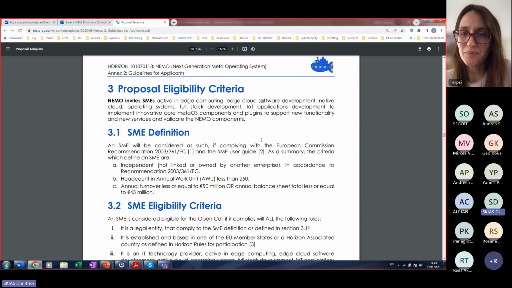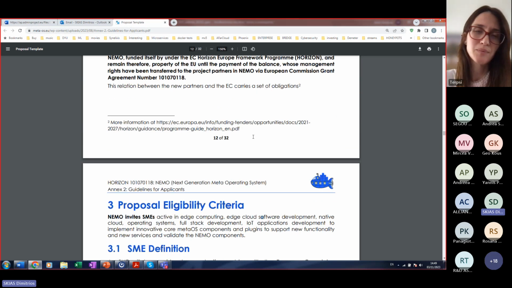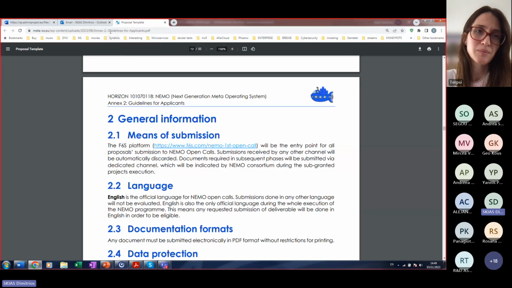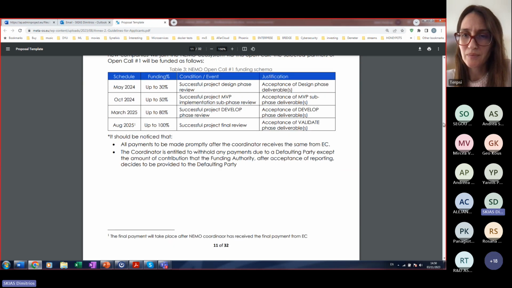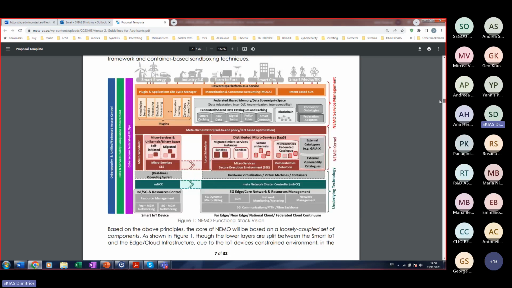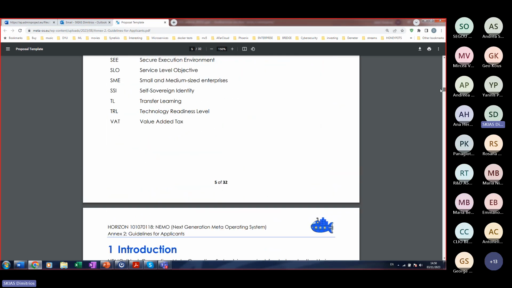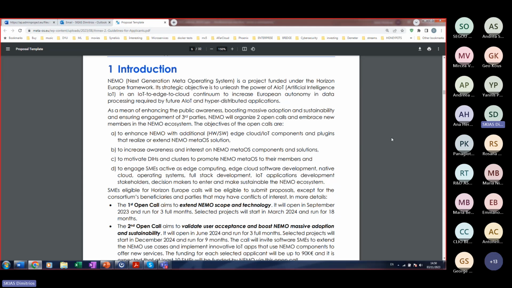Yes. Okay, excellent. So what I'm showing you here is the document that is uploaded in our repository, on our website, called annex number 2, the guidelines for applicants. This is, I would say, the main document that includes a lot of information about the project itself and also about eligibility criteria and other additional information that you will need in order to compile your proposal.